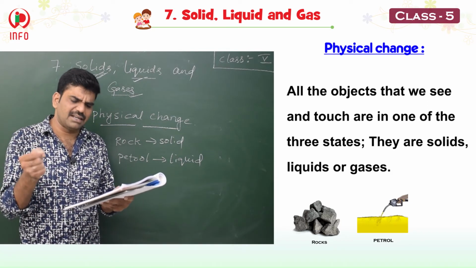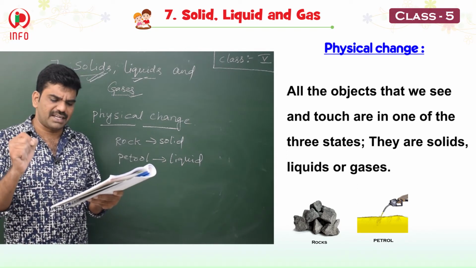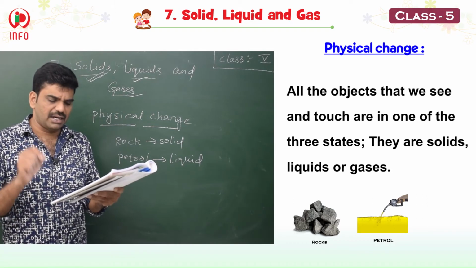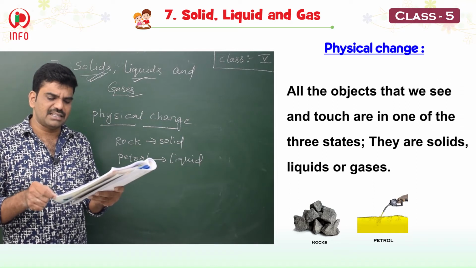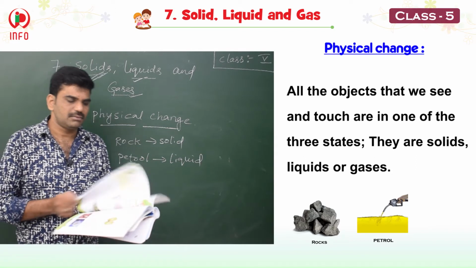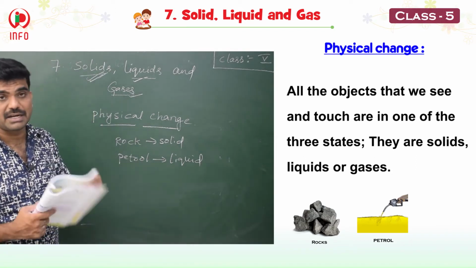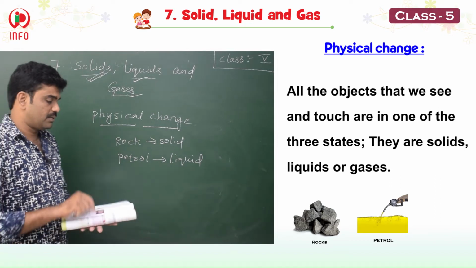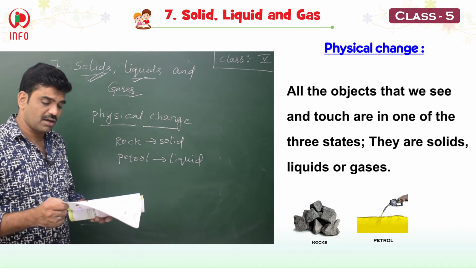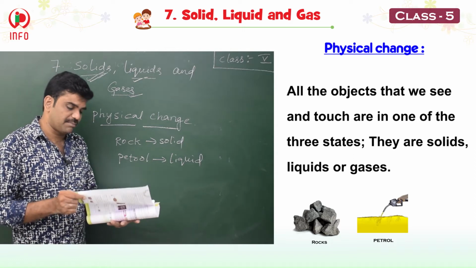So we can see any object you can take. The atoms in every object that we can see or handle can exist in all three states, that is solid, liquid and gas. The state that a rock or an ice cube is in depends on its temperature.